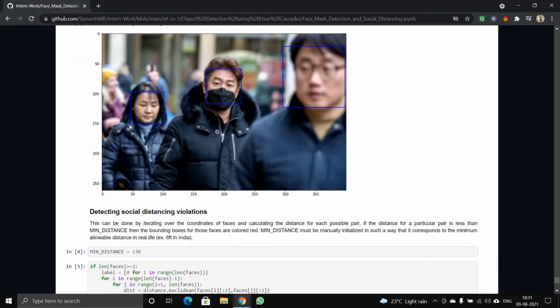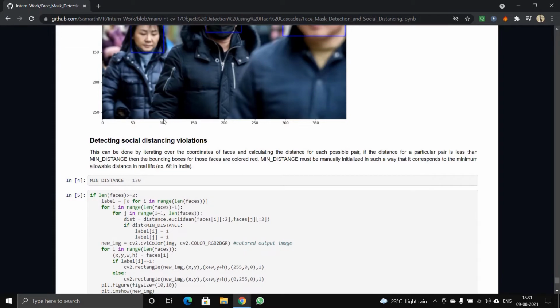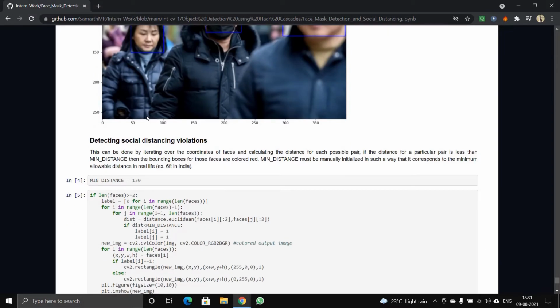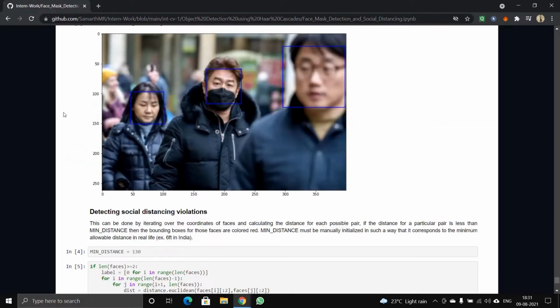And to detect social distancing violations, we have to keep a minimum distance. What we are aware of is that the required distance to maintain social distancing is approximately 6 feet. But the minimum distance that we have considered here is 130 centimeters, which is approximately 4 to 4.5 feet. And to detect social distancing, the main thing is that there have to be at least two persons seen in the image.